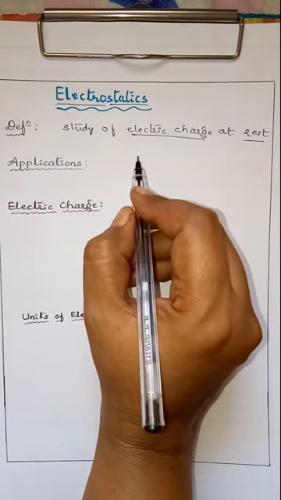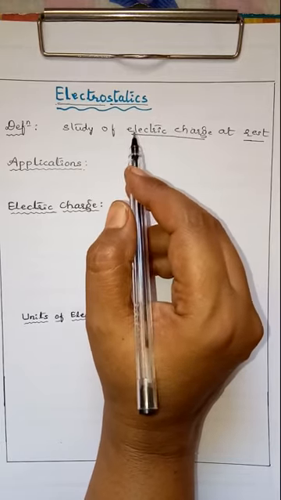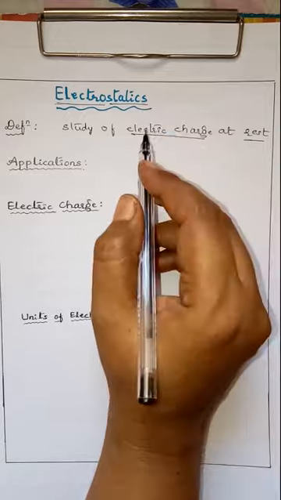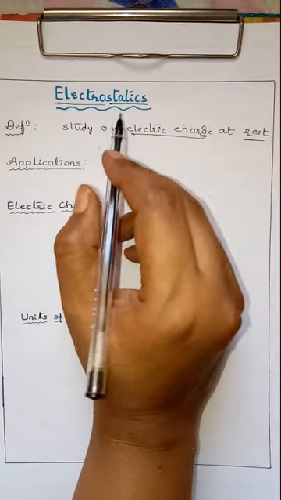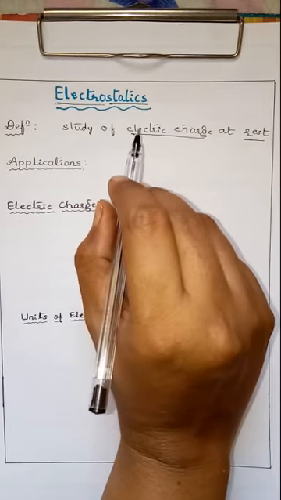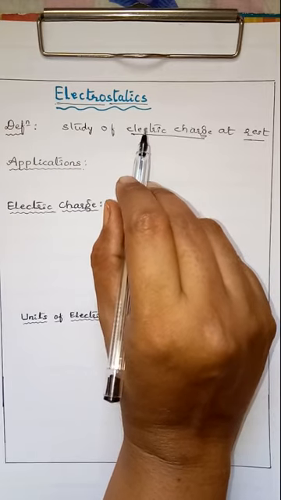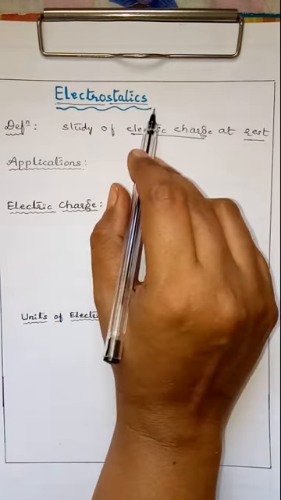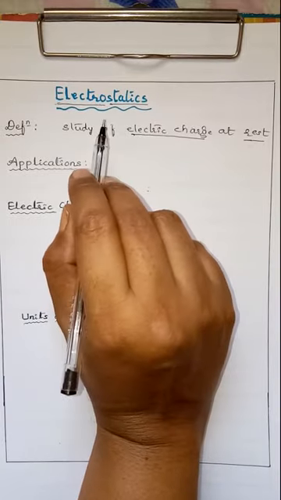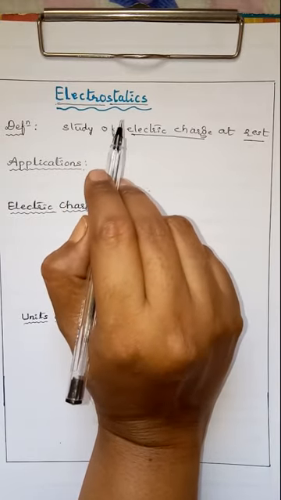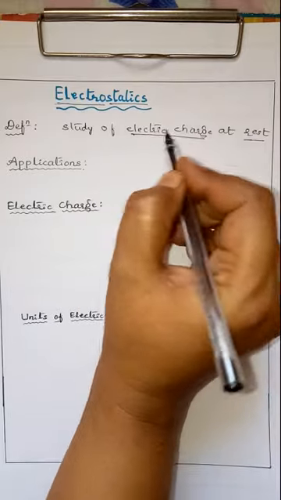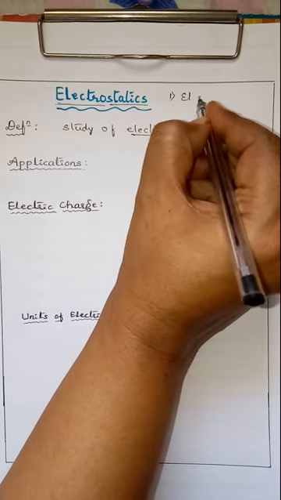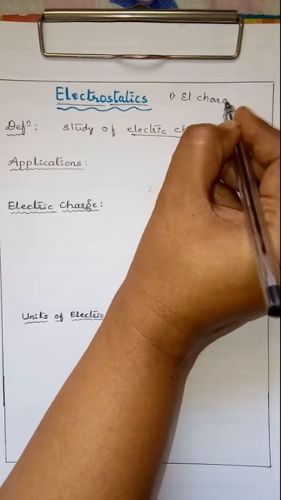Okay. So here, along with this, due to these two charges, maybe positive, maybe negative charges, we can study about the electric force, electric field, as well as electric potential under the same branch. So totally we are having 3 units in this syllabus. The first unit is electric charge and field.